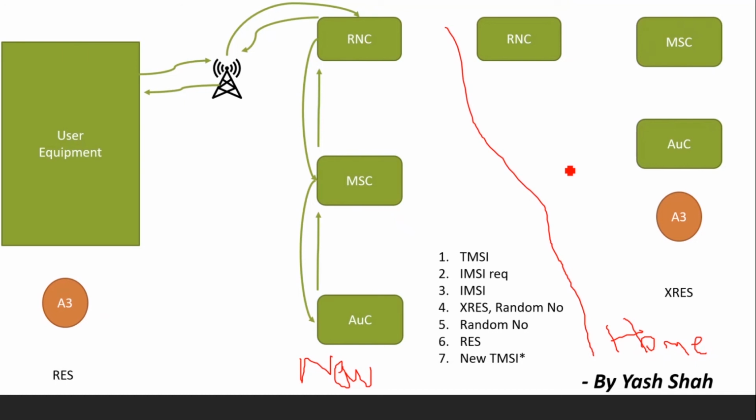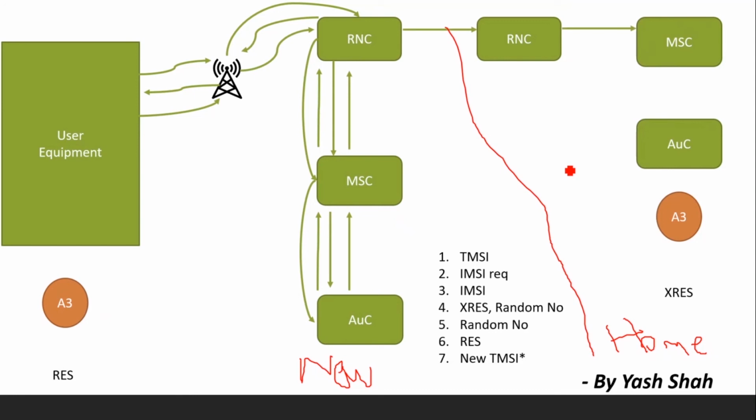The user equipment sends the IMSI to the RNC controller. The RNC controller forwards the IMSI to the MSC. The MSC forwards it to the AUC. Depending on the IMSI number, the AUC figures out which is the home cellular network of the registered user equipment. It forwards the IMSI to that particular cell.